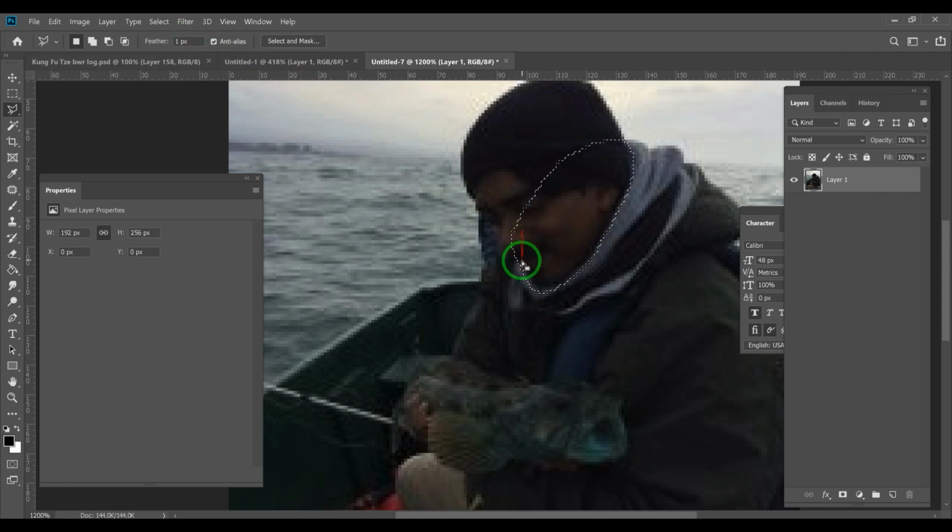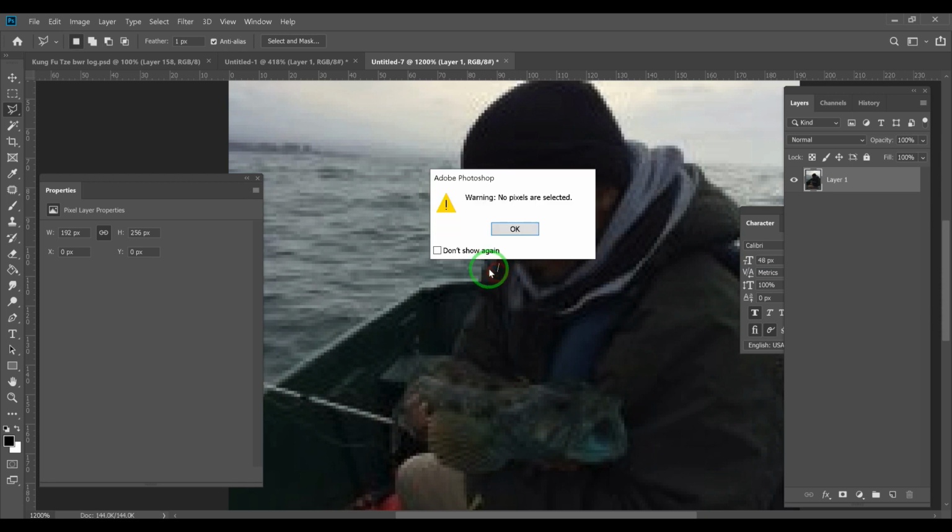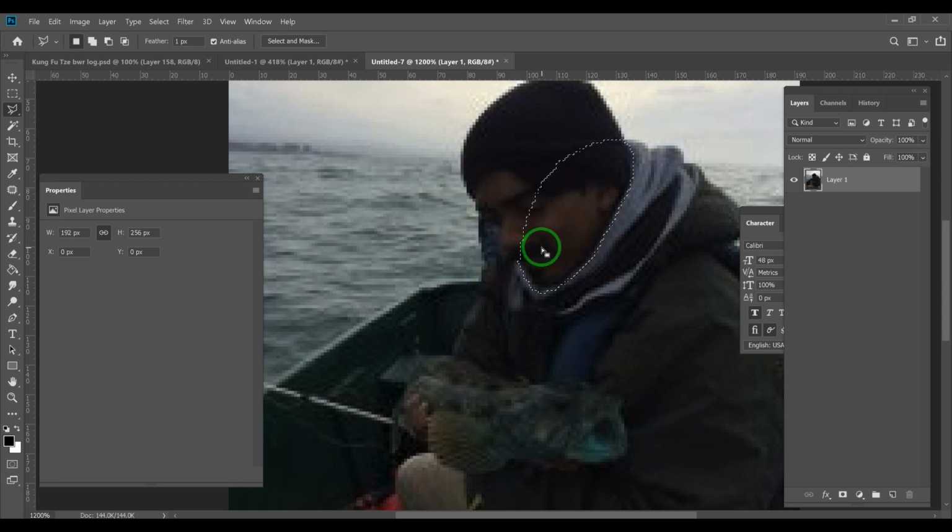Now I could see here it doesn't look right in this region, so I'm going to press Alt and kind of go like that and deselect that. I don't know. Oops. I'm messing up all over the place. Control Z to undo. That looks a little more natural. Maybe just a little bit more on the inside. Double click to close. Okay, so now we have our selection that we're going to fill in on his neck